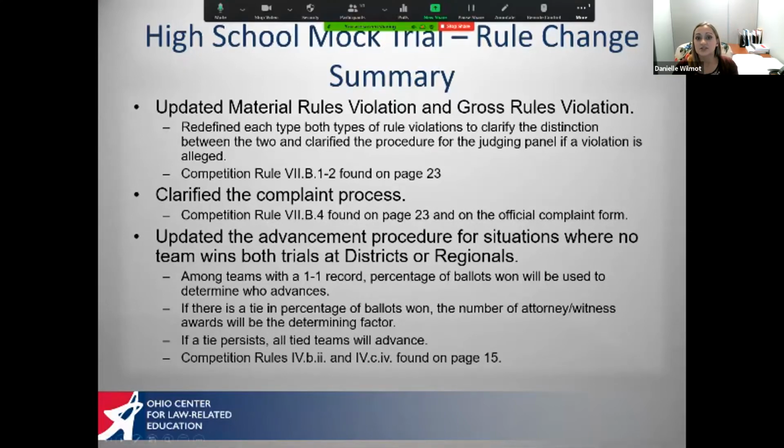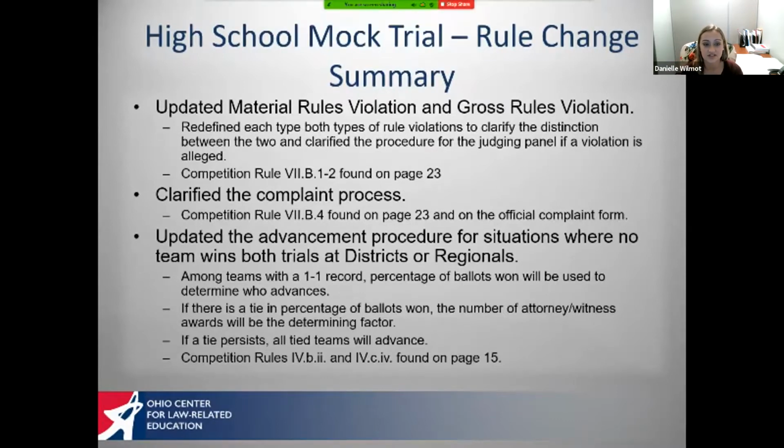So, high school mock trial rule change summary, I'm going to start. This is in no particular order. I'm just going to summarize these as we go through, and I have referenced each page number and rule where these changes can be found, so you will be able to more thoroughly read all of these when you receive your case file. So the first thing to note is we have updated the materials rule violation and gross rules